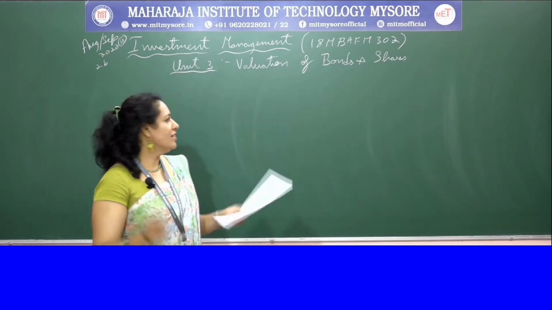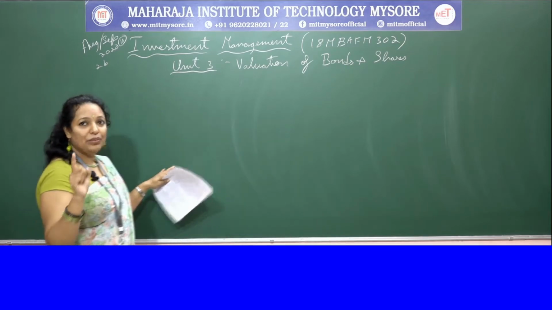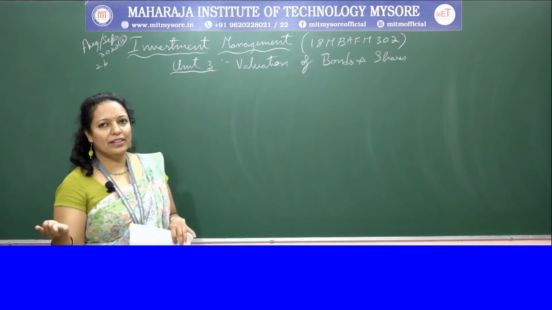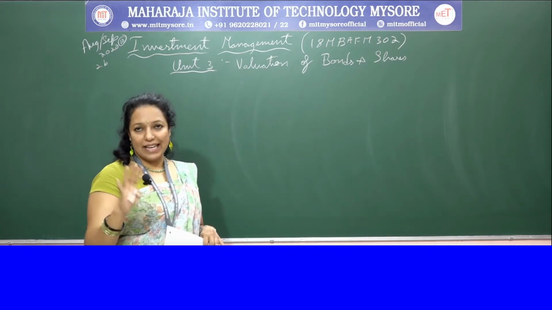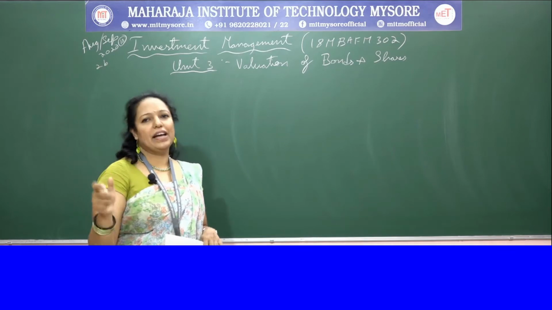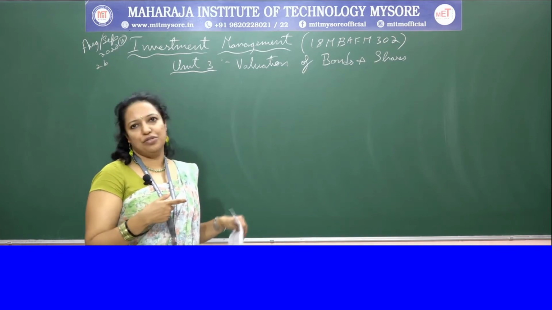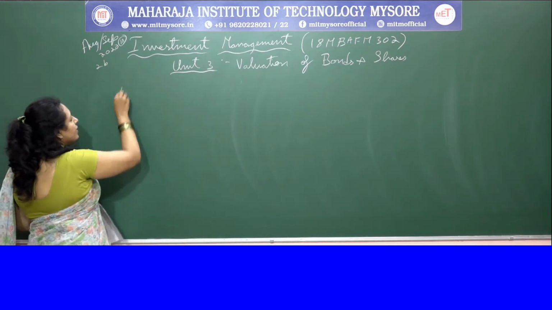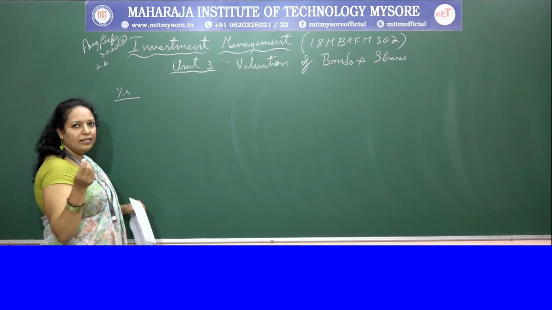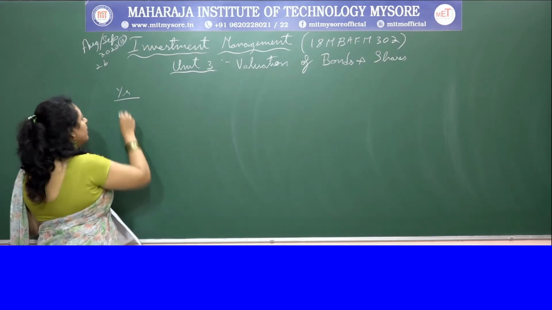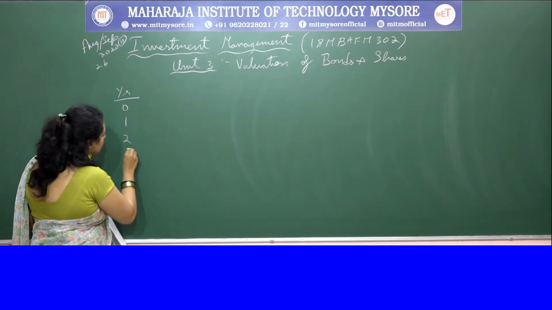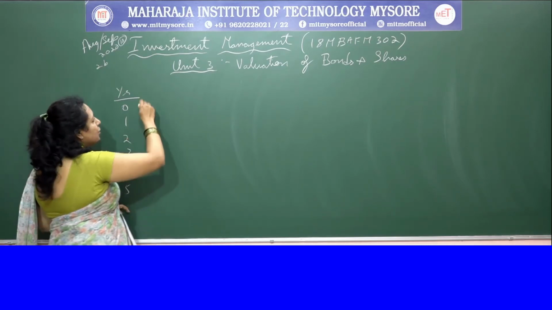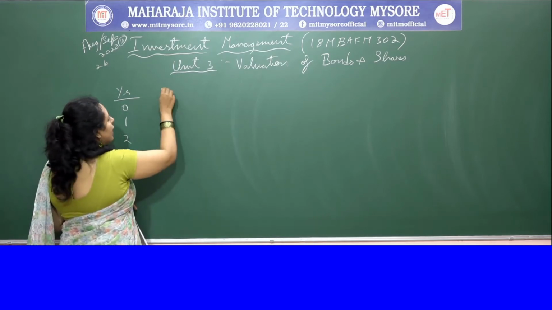So let's solve that. For that we have to calculate the cash flow first. You might have done the IRR method previously in your second sem. The same IRR method we'll be using here to solve this problem. So let's take the cash flows first. Let's take the number of years. They've said the bond is for 5 years. Let's take the investment year, 1, 2, 3, 4 and 5. So you have your cash flows.